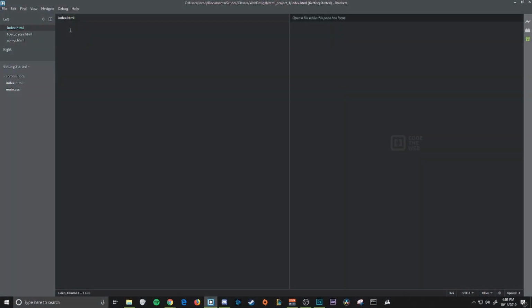In this video, we're going to work on making your home page for your HTML project 1. To start, make sure Brackets is open and you've selected index.html on the left side. Start by adding your HTML tag, hitting enter twice, tabbing over. Next, you're going to want to add your head tag,